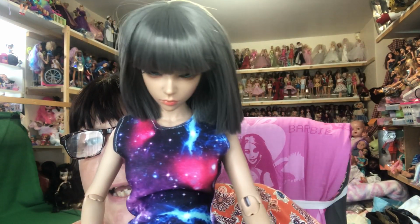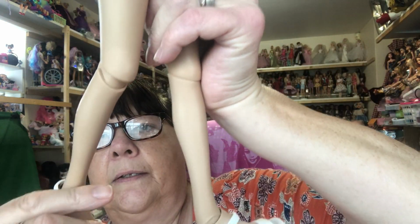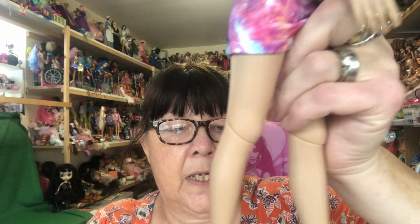I did have to tighten her legs up a little bit because they were very, very loose. I've put these shoes on her. They're a little bit big, but they're not bad. They're all right. She can get away with it. Like I said, I've had to tighten her legs up because they were so loose, and I'm wondering if I